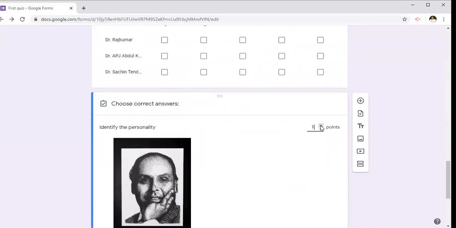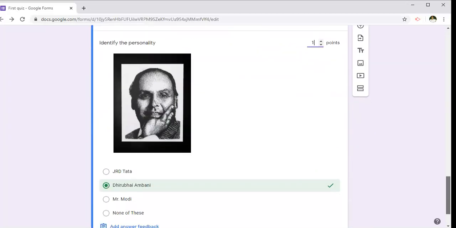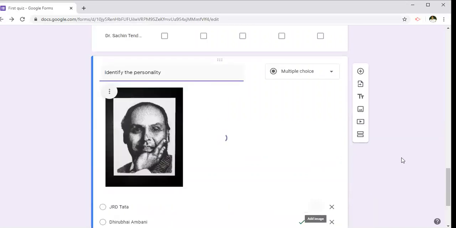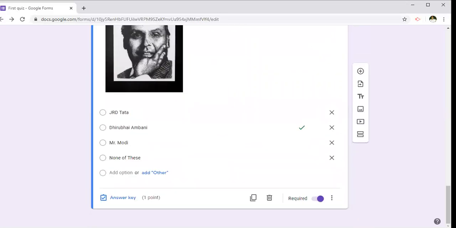One. So I'm going to allot 1 mark. So key answer is Dhirubhai Ambani. So this is done now. So I have marked it as required. So these are the different options where we can use for generating quiz.